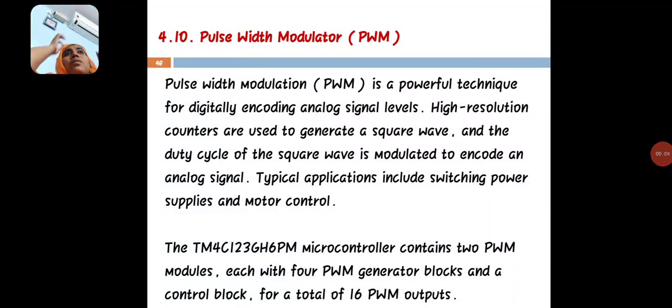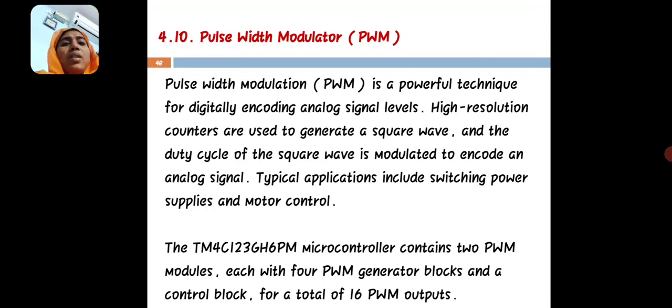In this video lecture, I am going to explain motion control peripherals. In TM4C123 and TM4C129, we have two motion control peripherals. Using these peripherals, we will control the speed of the motor. These two techniques are PWM and QEI. In this lecture, I will explain the PWM and QEI motion control peripherals.